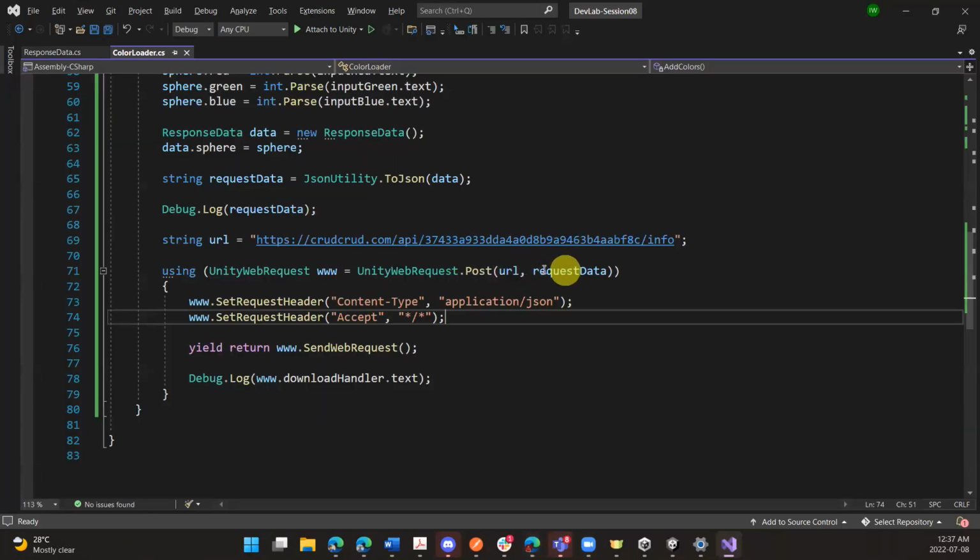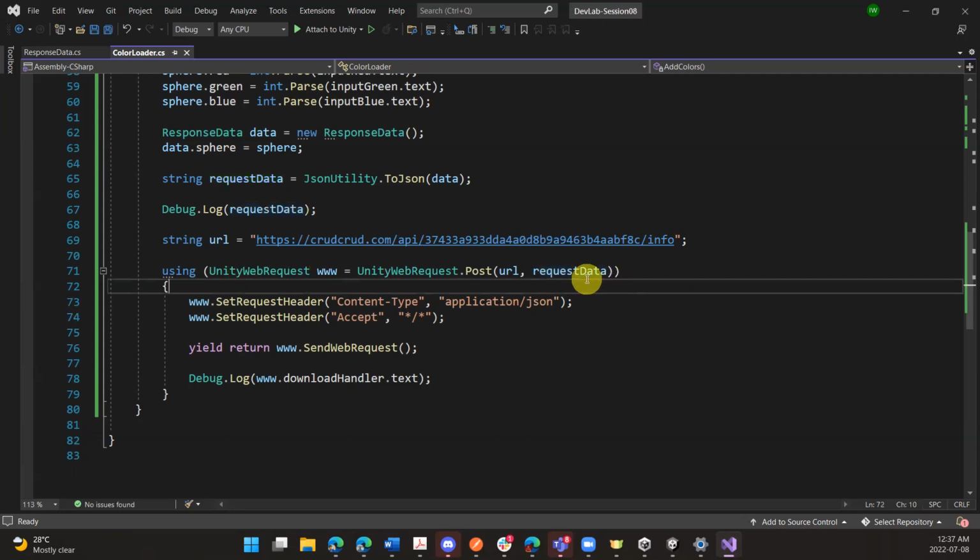So rather than just sending request data like this, before sending the web request, before assigning this, we need to create the upload handler. Unity web request URL post. Is this the correct way? Okay,